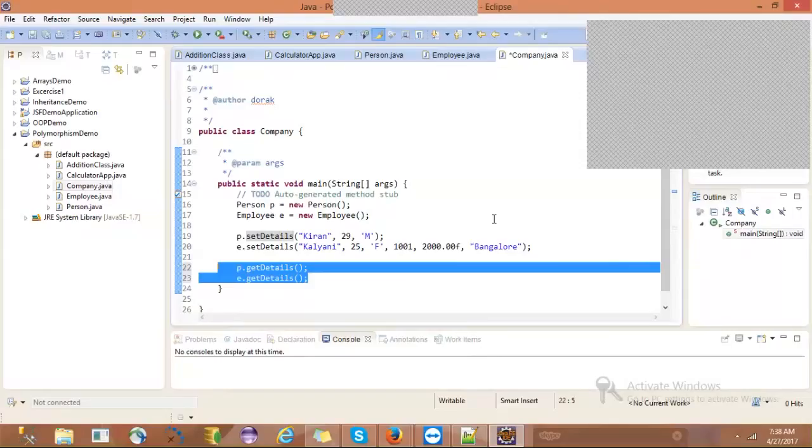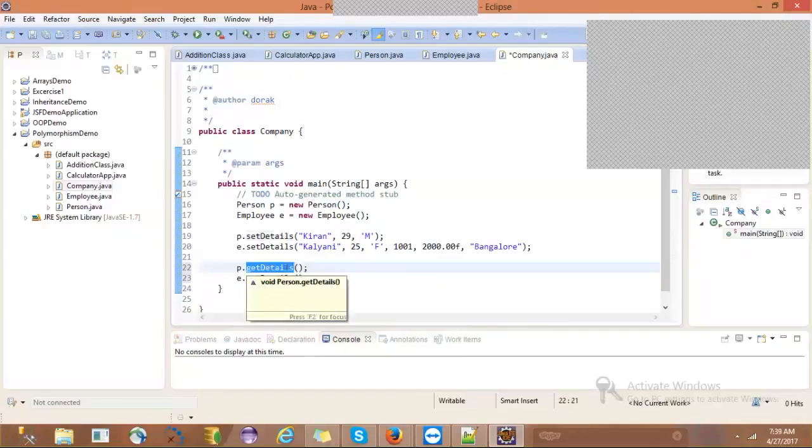We need to use the object reference. Without the object reference, we can't say which class's copy of get details is getting executed in which statement that we have written here. To decide which copy of the get details method should be executed, from either the person class or the employee class, this object reference is a must, right?